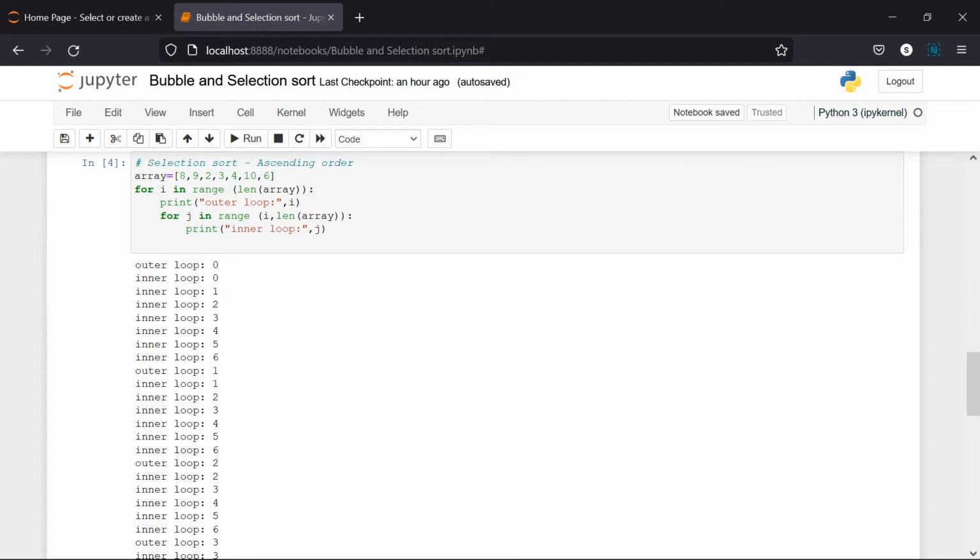So see here, in terms of j, I am giving the inner loop. I am starting with i, because the first initial position I don't have to disturb if the iteration has completed, right? So if the 2 is going to take this position, after that I don't have to disturb the position. That's why I have to start it with i, and after that you continue till the length of array. How many times it has to repeat, you have to go for that.